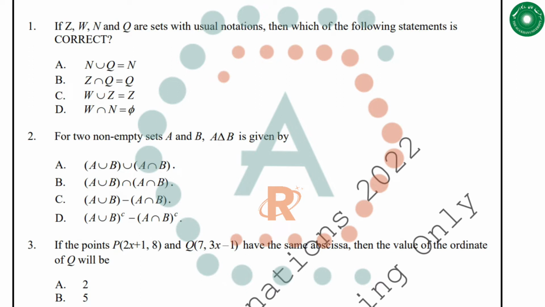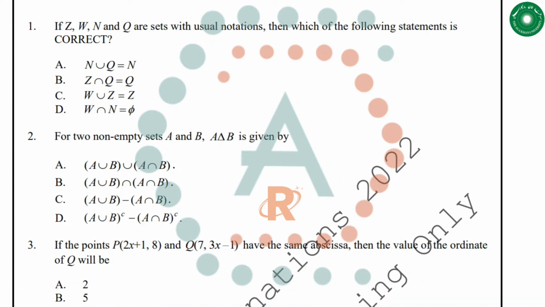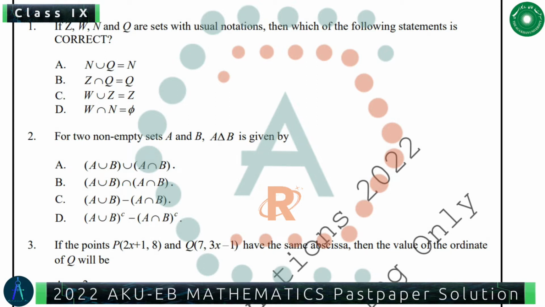We have question number 1. If Z, W, N and Q are the sets with the usual notations, then which of the following statements is correct? So here Z is the set of integers, W is the set of whole numbers, N is the set of natural numbers, and Q is the set of rational numbers. So we have to identify which